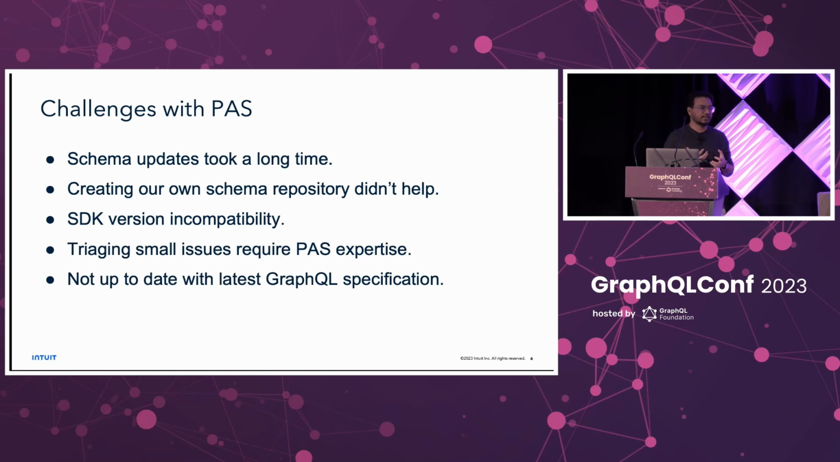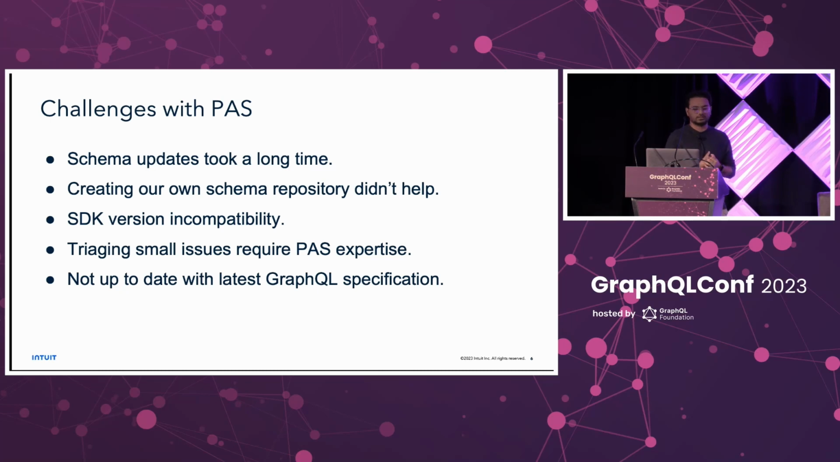Then we tried creating our own schema repository, with the goal to expedite the process, but it didn't work. The SDK version incompatibility caused an issue, where the subgraph and the supergraph need to be on the same version. Then triaging issues with the execution required expertise. We had a big incident where the subgraph and the supergraph were not on a compatible version, and that